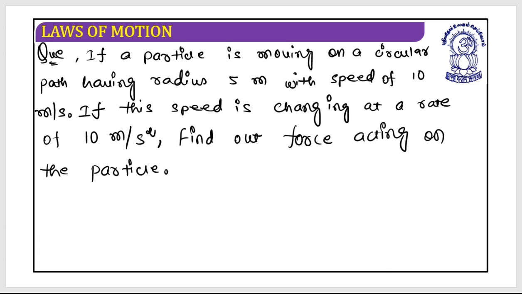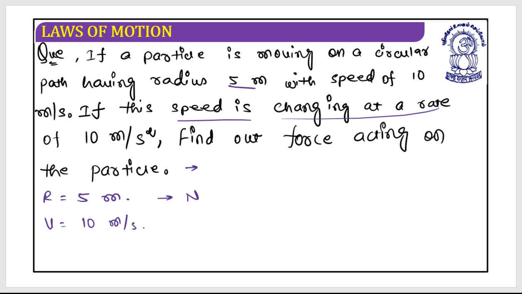So go through the data one more time. Go through the data and observe this and feel this very carefully. What the data is saying is that the particle is moving on a path having a radius of 5 meter, with a speed v of 10 meter per second. And if the speed is changing, that means this is the case